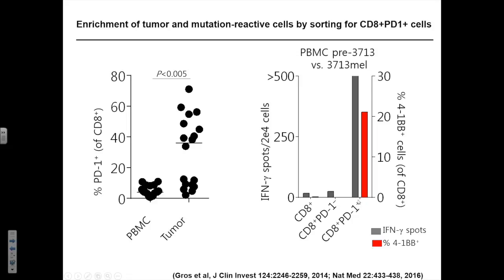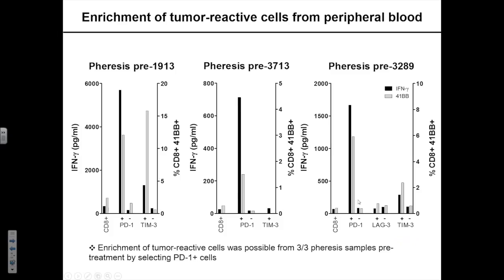And so now, by doing a blood draw, we could purify the PD-1 positive cells. We can do a whole exome sequencing on paraffin fixed tissue. We can't do the transcriptome sequencing, but we can therefore make all the tandem mini genes we want from the original resection or from a metastatic deposit resection. Take T cells from peripheral blood, and you can see in every patient, and we've done this now in many, many patients, you can see all of the reactivity against tumors present in this PD-1 positive